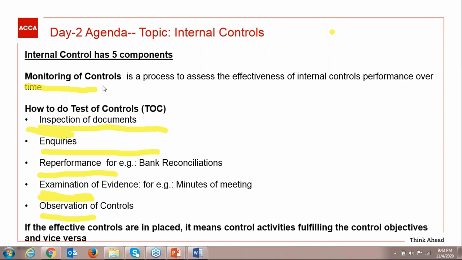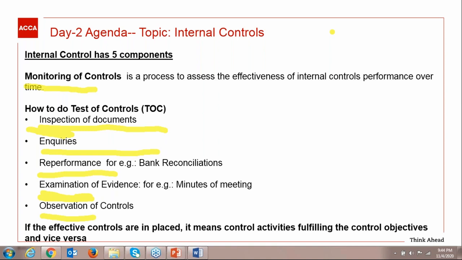So I'm going to repeat one thing so that we can continue to this slide. We have learned control activity, control objective, and internal controls. Now, these are all elements set up by the management. Till yet, there is no role of audit. There is no role of audit personnel. There is no role of internal audit department. Control objectives need to be set by the management. Control activity and the internal control need to be designed by the management. It's a management role to design and implement the internal controls, all these elements.